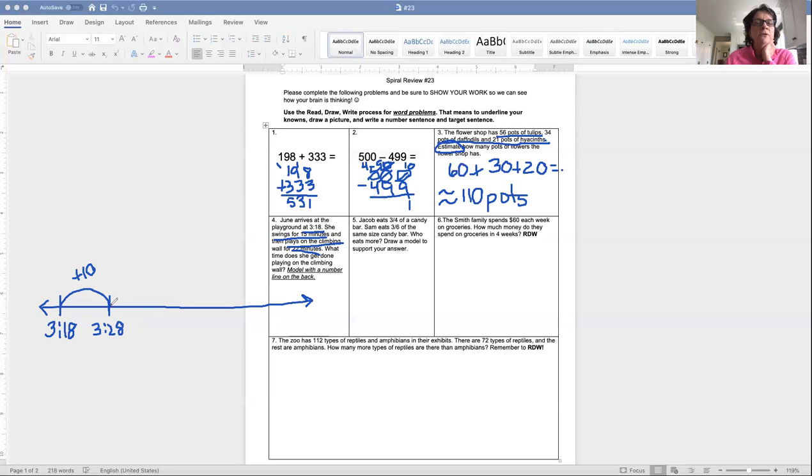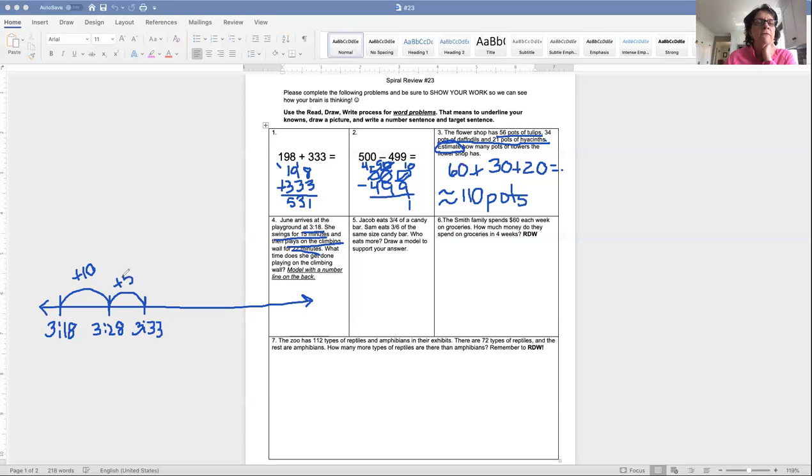So that was 10, but she swung for 15 minutes. So we're going to add another 5. That's a slightly smaller jump. 5 plus 28 would give me 3:33. Okay, so now I've accounted for the time that she was swinging, but then she goes to the climbing wall